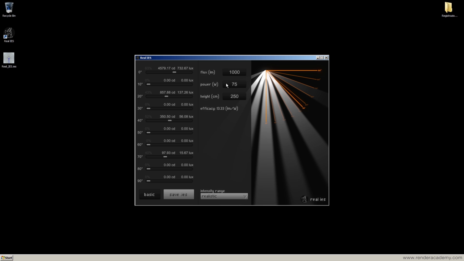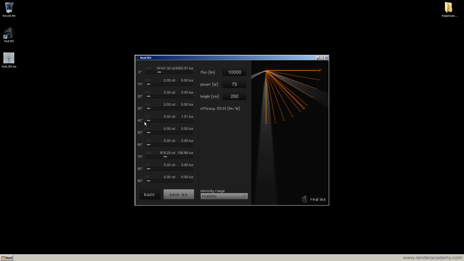It's a kind of deprecated feature for our light intensity, but I leave it at 75 watts. And the lumen, I need 10,000 lumen to be physically correct. So I have an efficacy of 133 lumen per watt. And here I can define the intensity of the various angles, defining the amount of candelas. So I think I want something like